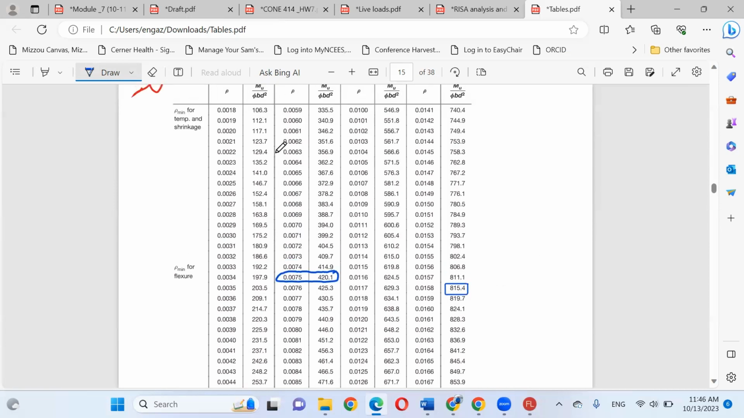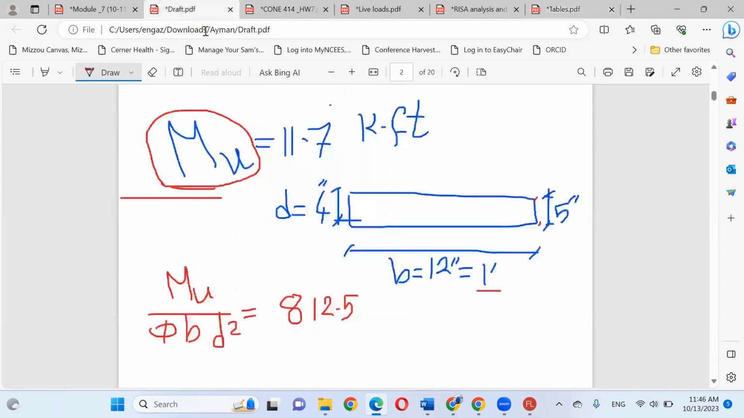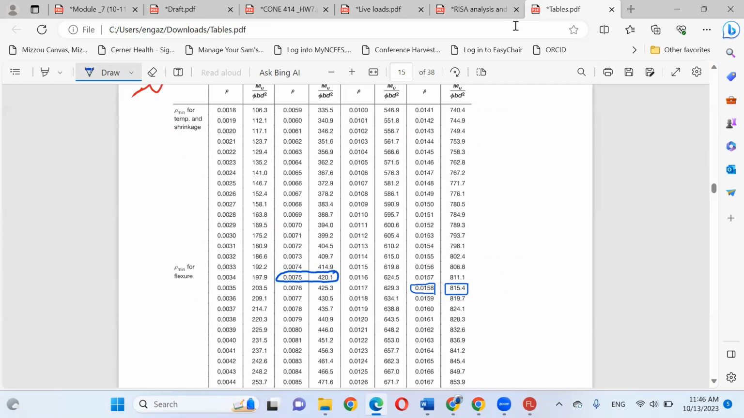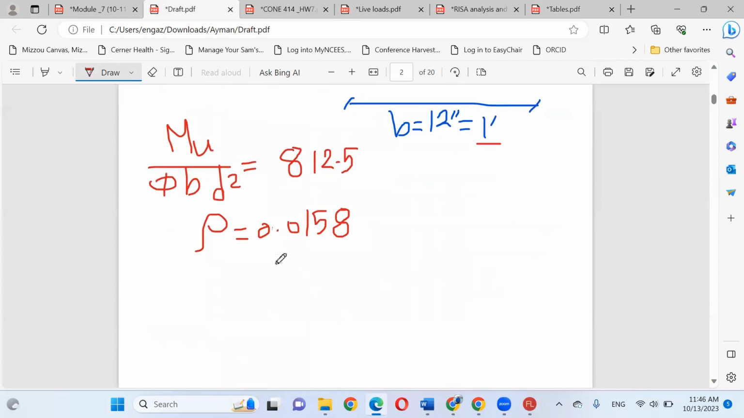So the value after you check row minimum and row maximum, your row equals 0.0158. That makes sense? 0.0158, yes. Once you get your row, keep in your mind this row equals area steel divided by b times